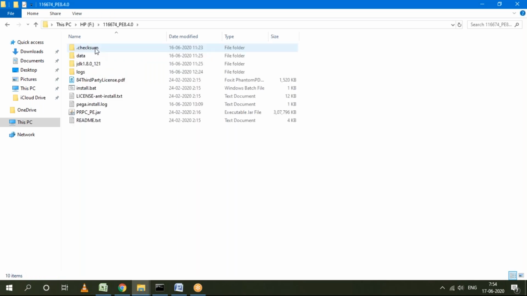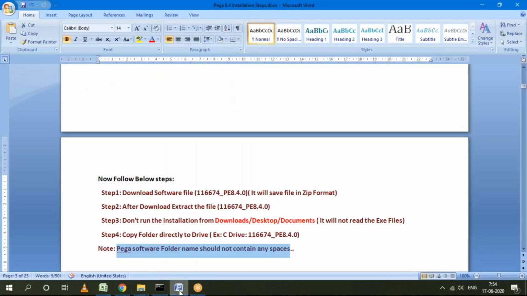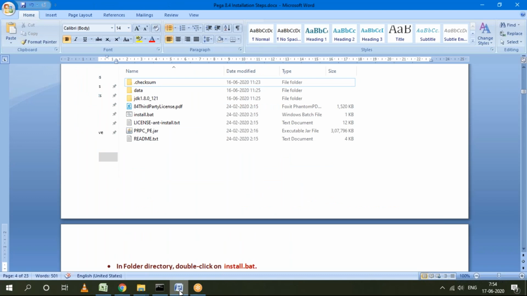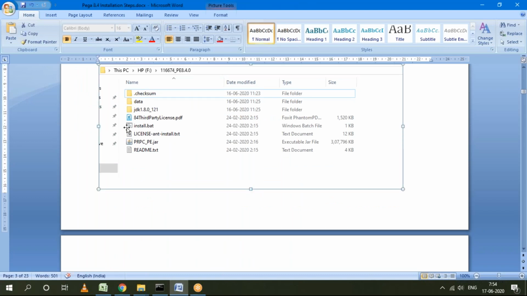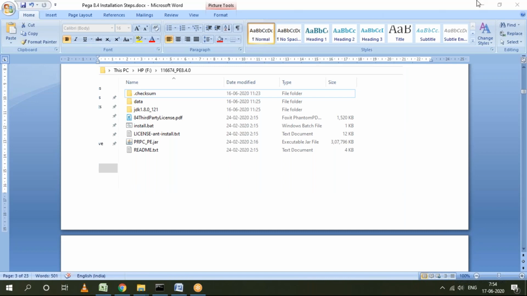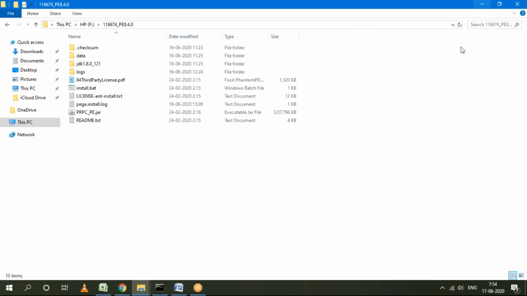Once that is done, you have to start the installation by clicking on the install icon. If you click, it will automatically start the installation. Now let's see the process. I'm not installing again in my system, but some wizard will open. In that wizard, what are the things you need to choose? I'll just show the process.